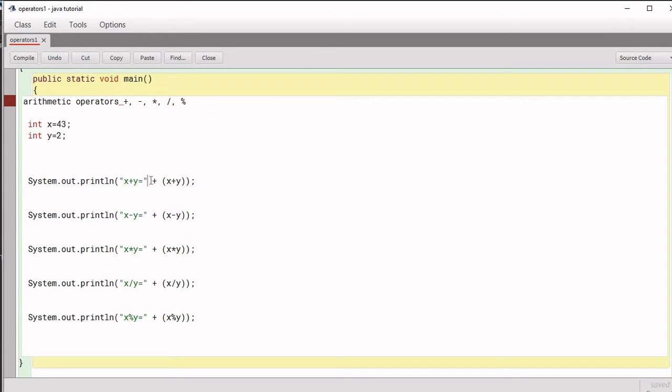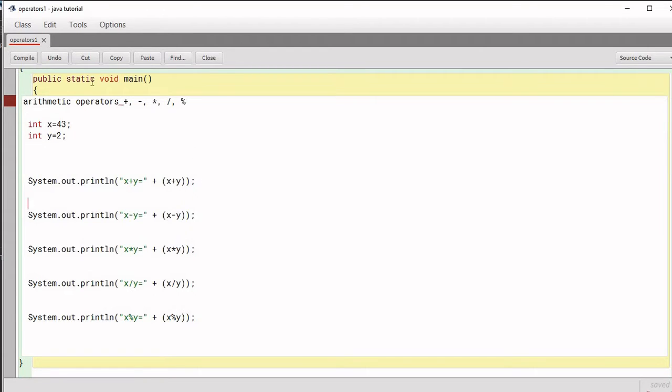You can also see that we have used the plus operator here, but here the plus operator is not performing any type of addition. It is used for string concatenation. This is a string, and it will automatically convert the result into a string, concatenate these 2 string values, and display it on the screen.